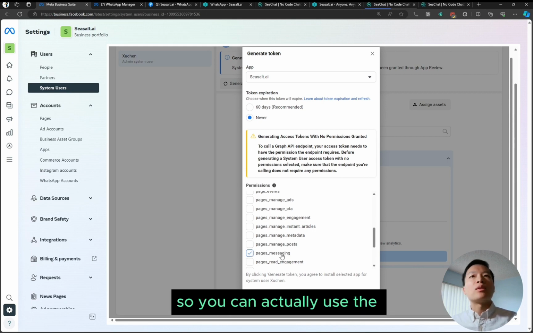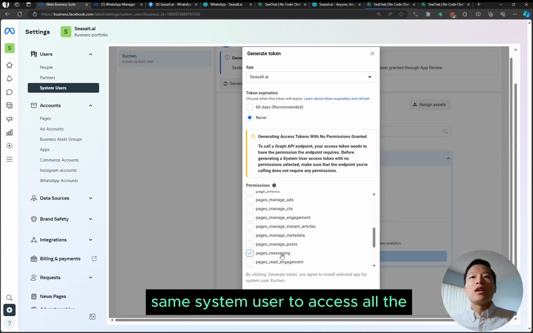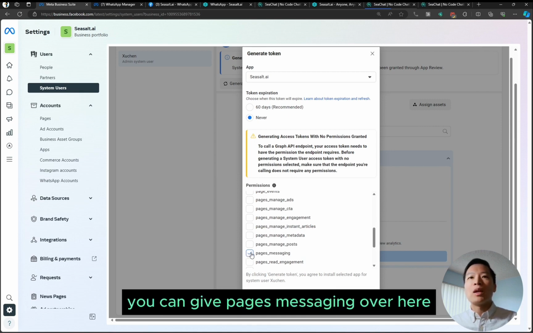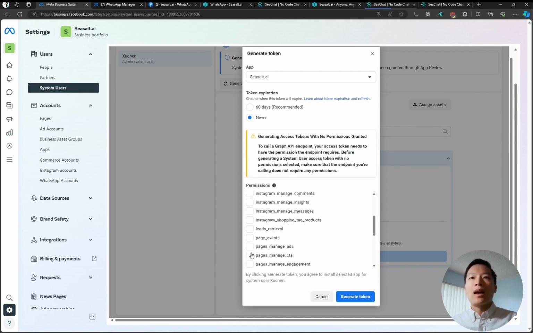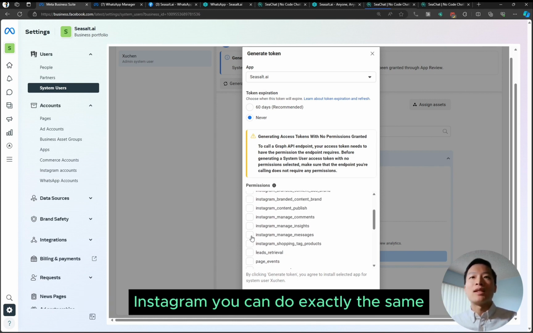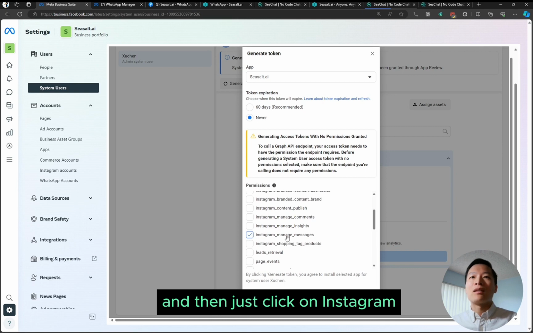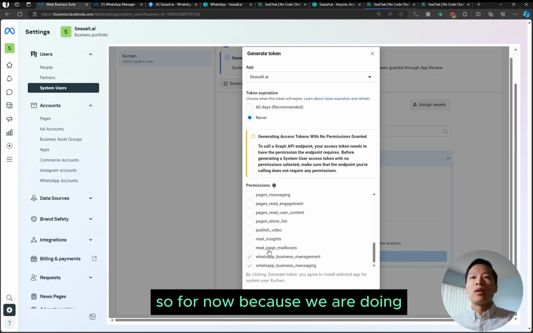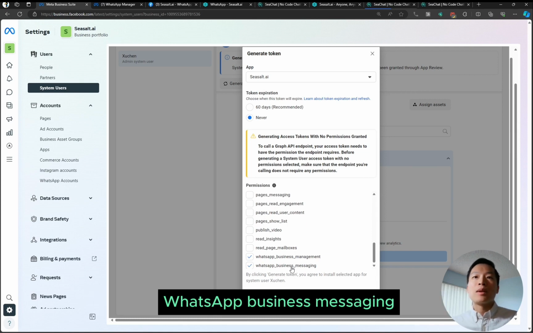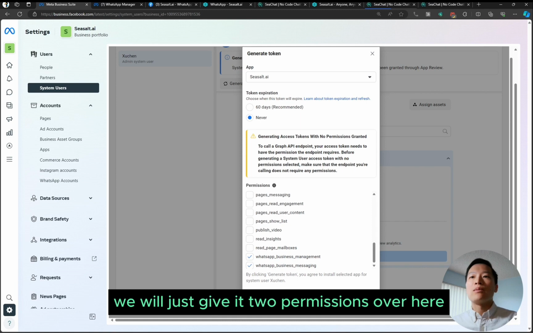So you can actually use the same system user to access all the different apps. You can give pages messaging over here, and if you want to hook up the same application onto Instagram, you can do exactly the same and just click on Instagram manage messages over here, right? But for now, because we are only doing WhatsApp, we'll just give it those 2 permissions over here.